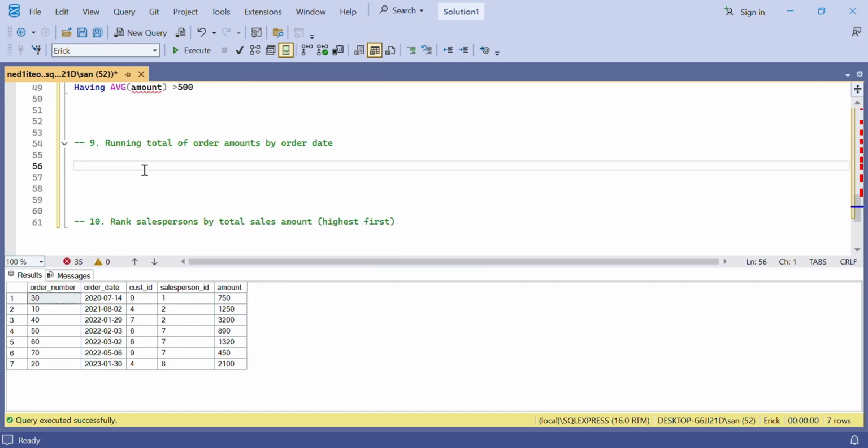So this one, write select, so you can decide to select order number, then order dates, and then amount, and then sum amount